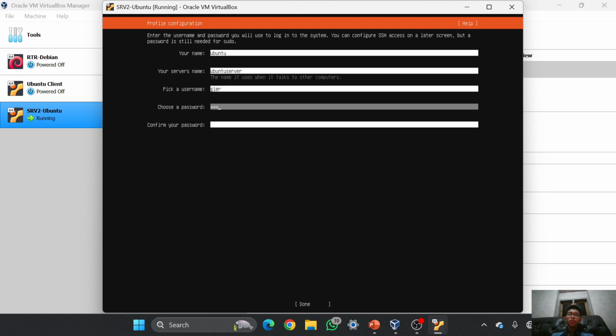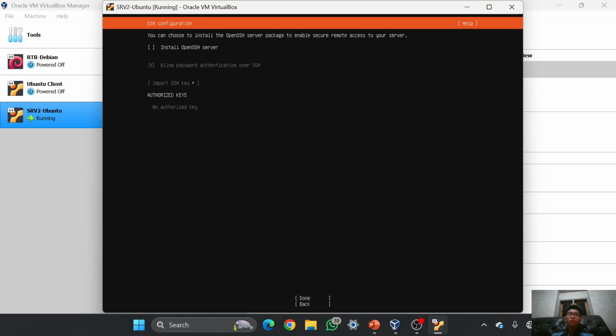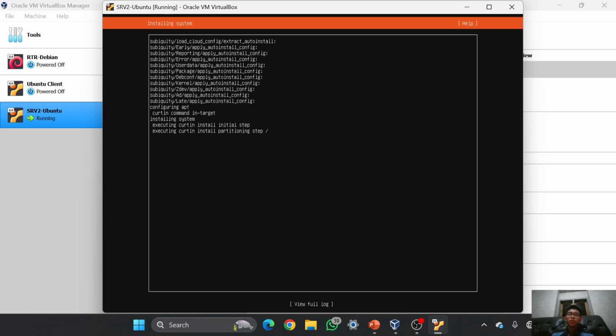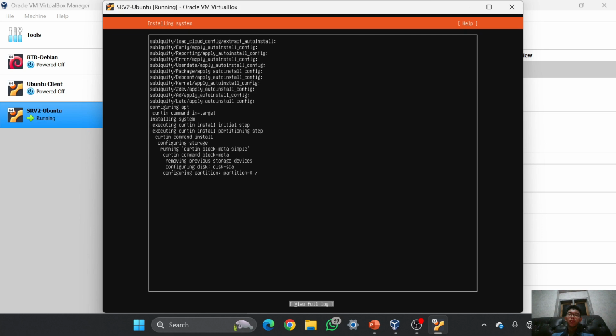The password is this one and this one, I will just select done, and then in here I will just continue. I will install the SSH server so I can remote this server later, then done, and in here the installation process has started, and we can wait until it shows reboot now.